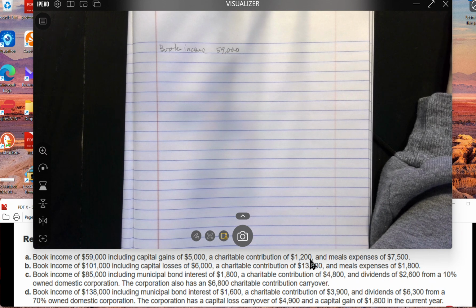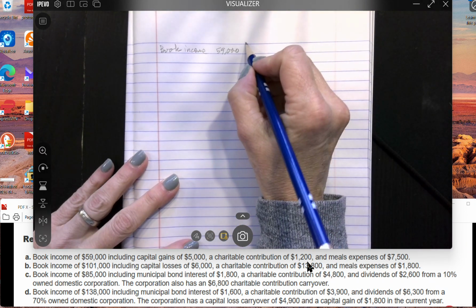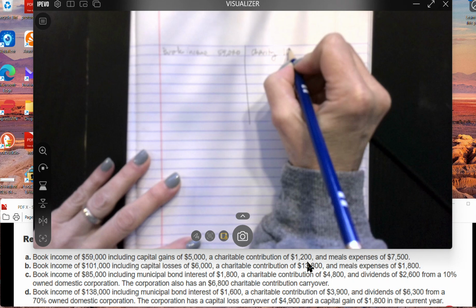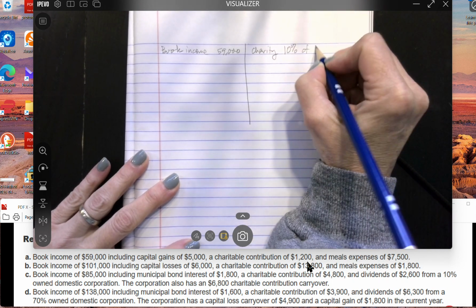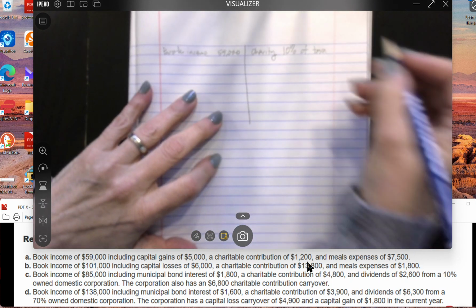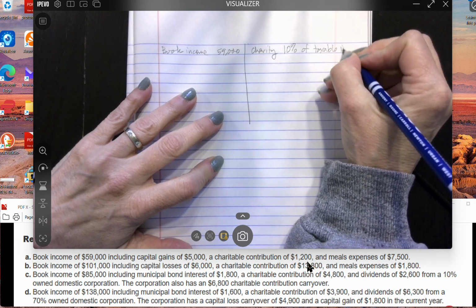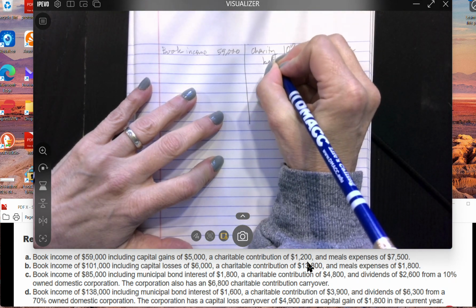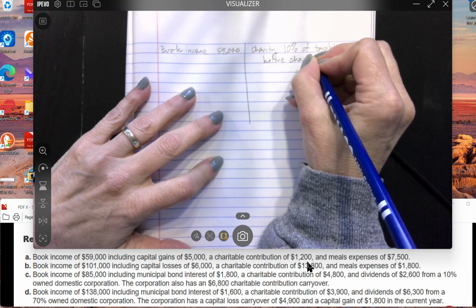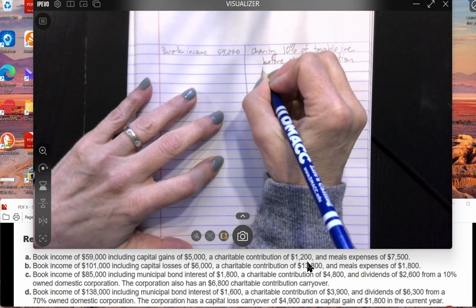We also have a charitable contribution of $1,200. Now, if you recall, for charitable contributions, let me just write that down. So charity, we are limited to 10% of taxable income. Now, this is book income, so we've got to figure out what taxable income is. Income before charitable deduction, and before